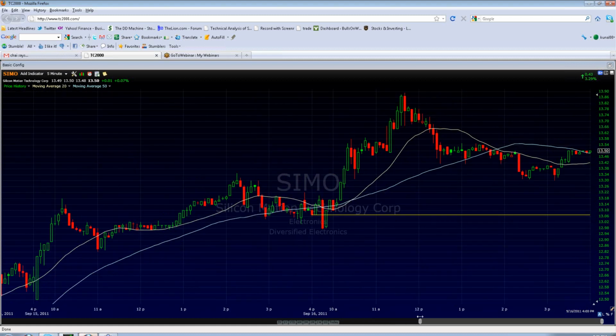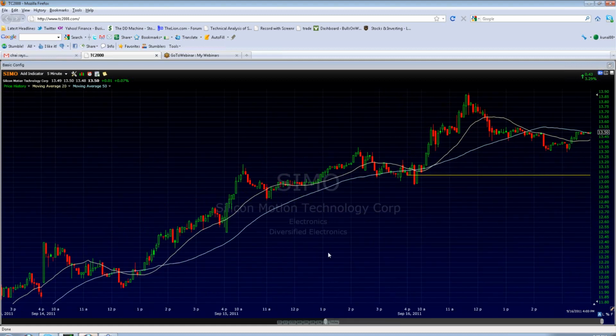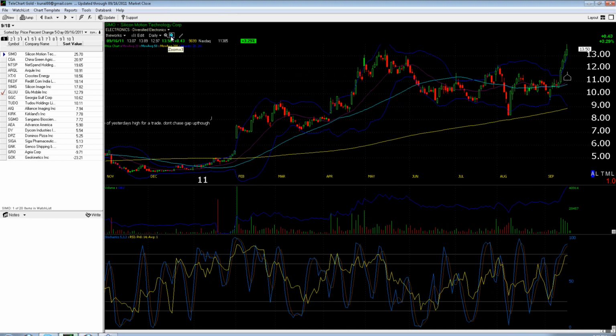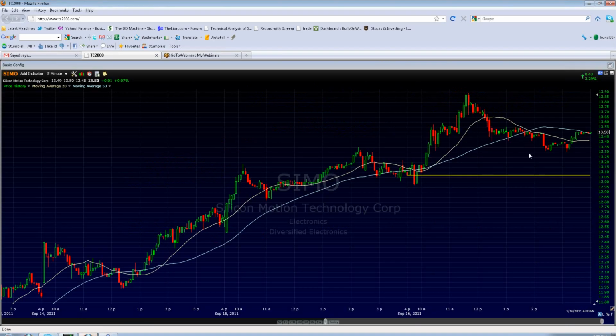We never just start shorting or buying based on what's happening on a daily chart. We use daily charts as our idea finders. This is what we use to get our ideas on what we want to play, but we use a smaller time frame to time our entries. And so I always use a 3-day 5-minute chart,